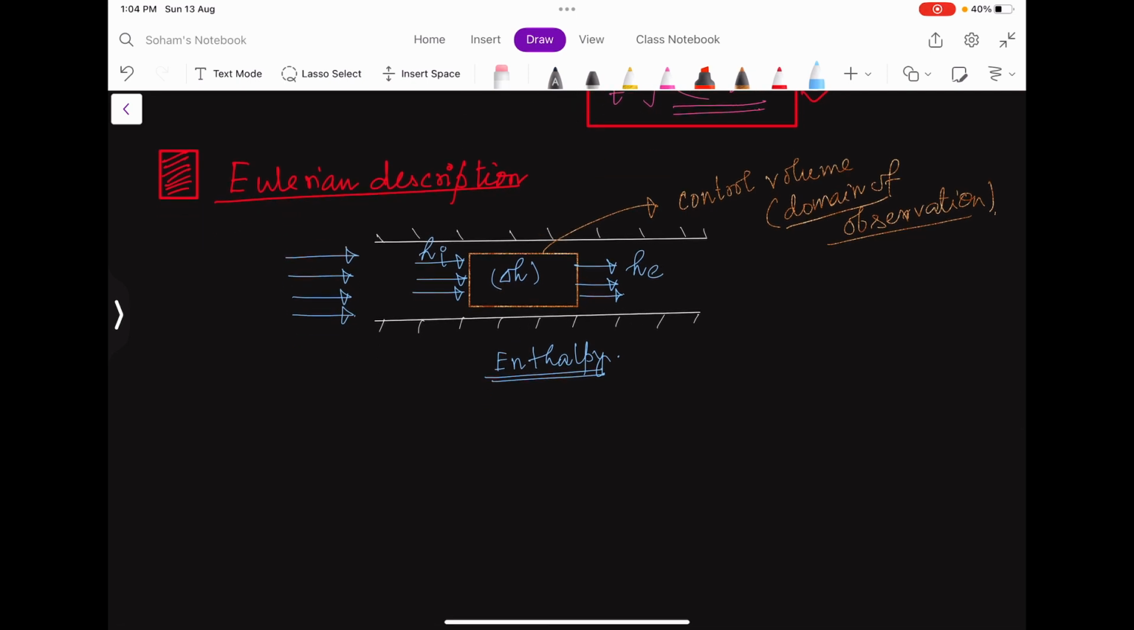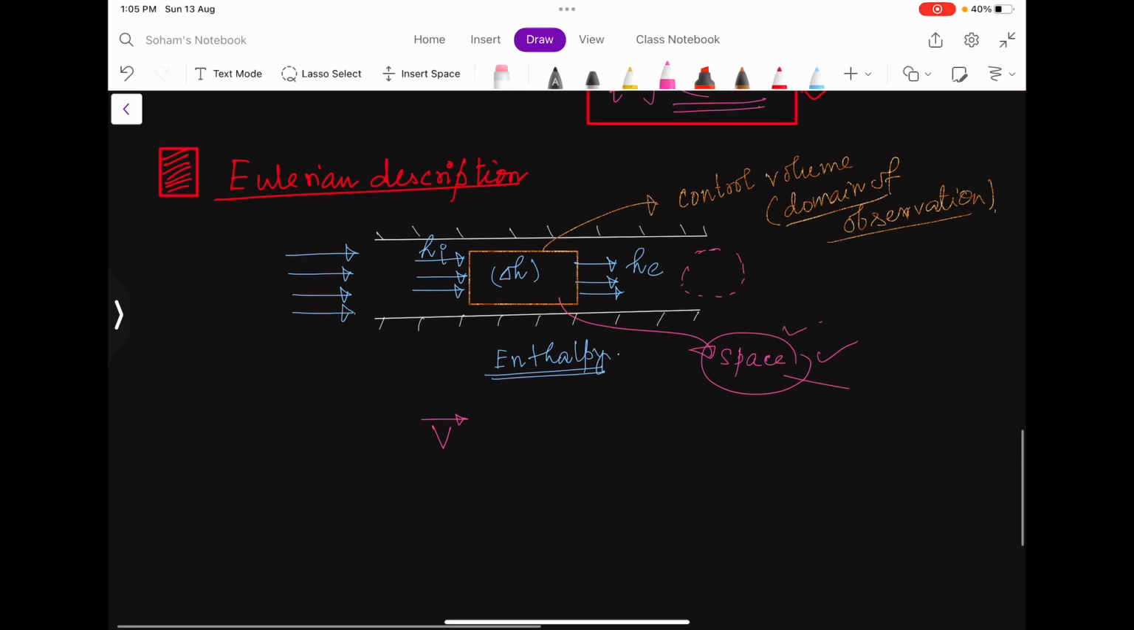Now let us say that we are interested in measuring velocity. So what will be the velocity? That will depend on this space. If you have chosen your observation domain somewhere else, then the whole analysis may change. That means your parameter is dependent on the space, and this space is now described by r. So this r is nothing but the position